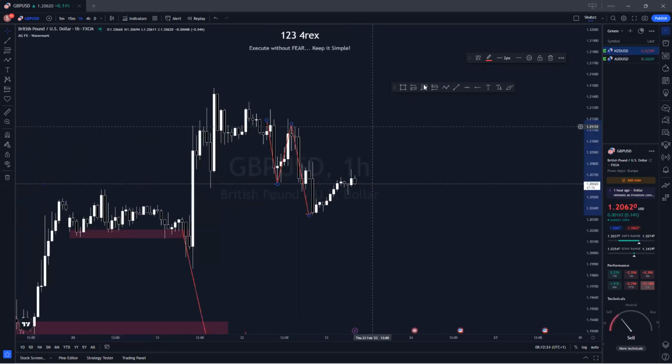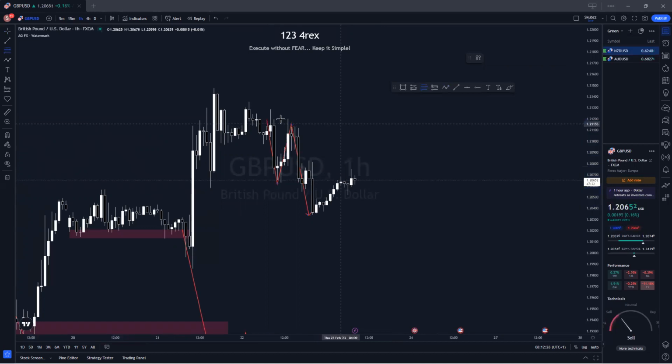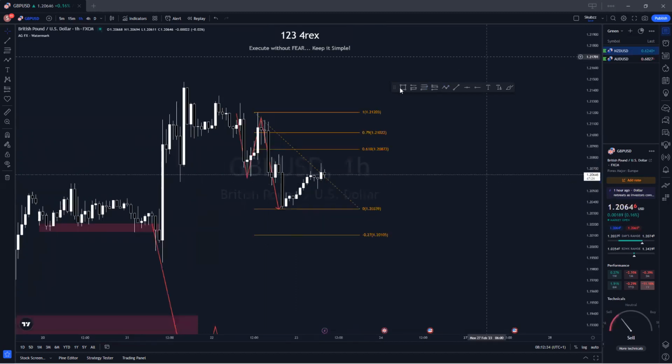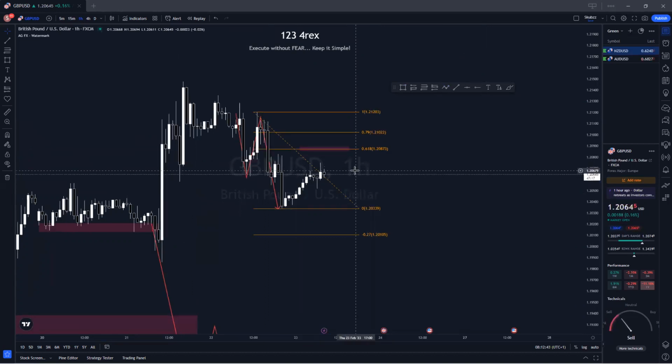Let's drop our Fibonacci from the top to the bottom. If we look at our Fib here, our entry point is around here. It's still at the top. And one thing with GU that I've observed over time is GU loves doing extreme stuff, like GU likes going into the 0.618. I am sure this whole tap that I tapped here was the 0.5, and that's why it rejected like that.